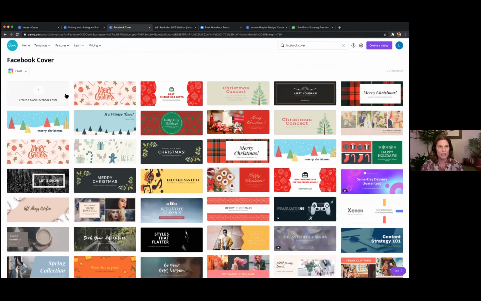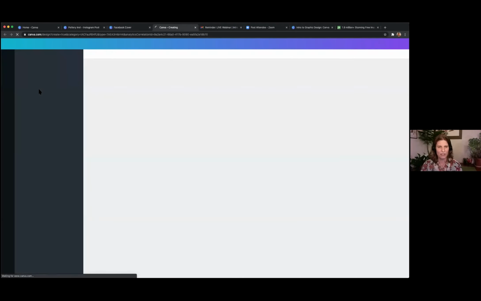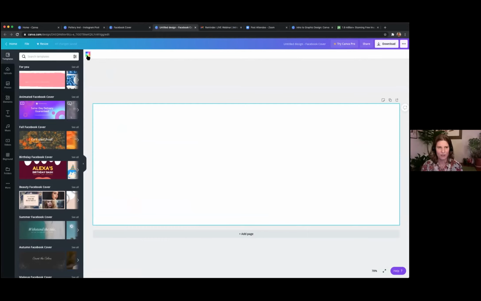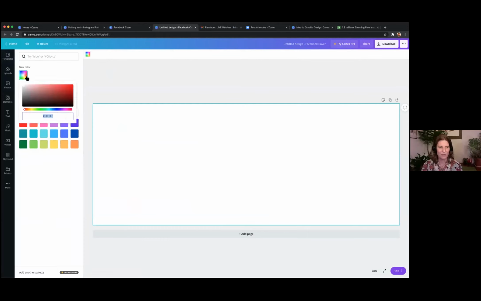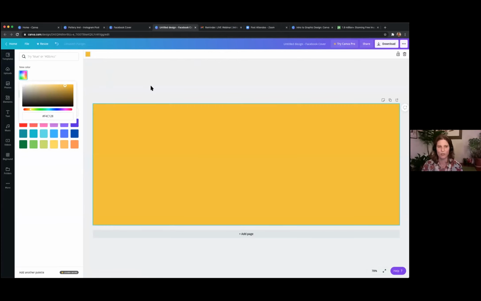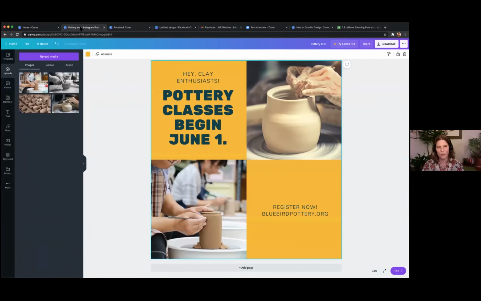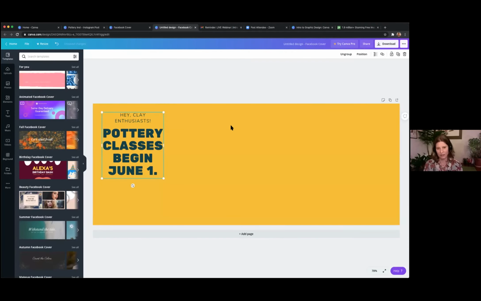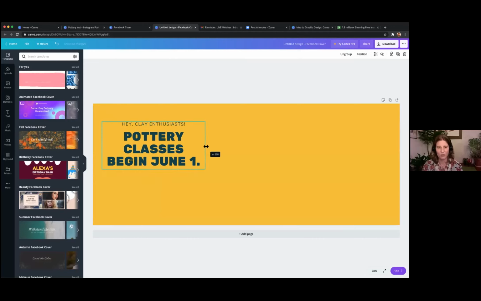And if I wanted to replicate that design, I would simply choose create a blank Facebook cover, and I would start from scratch. There's probably not going to be a template that looks like that Instagram template. So I'll first start, and just for the sake of time, you would select that orange color by typing in the hex number. I'm just going to grab an orange here. I would then go back to this post, select the type I want, copy it, and then paste it inside of my new composition, and then resize